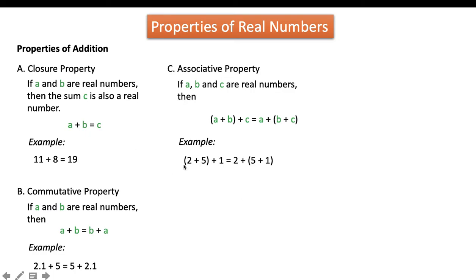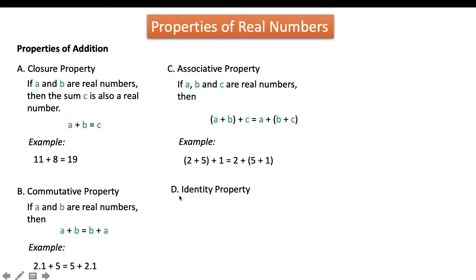So in here, we will start with 2 plus 5, and that is 7. Then added by 1, that is 8. On the right side, we will start with 5 plus 1 because it is enclosed in the parentheses, and 5 plus 1 is 6. Added by 2, that is 8. Notice that they have the same value. It means that the groupings of the addends will not affect its sum,